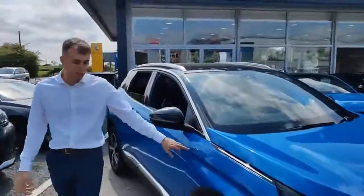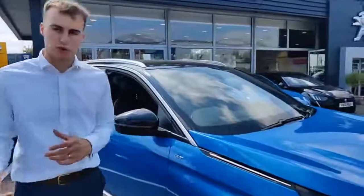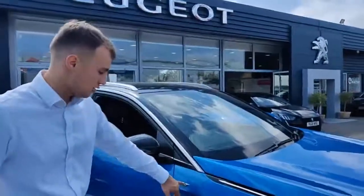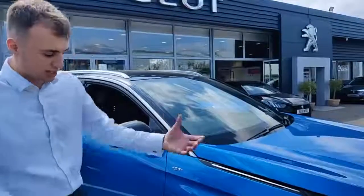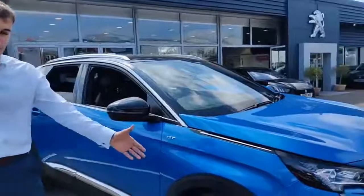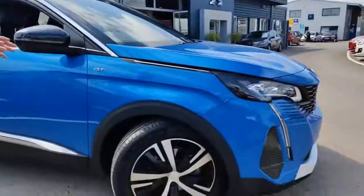Coming around the side, they've changed the specification of it. So where we used to have GT line and GT line premium, we now have GT and GT premium. So this is the GT, which is essentially the GT line from the previous specs. You've got 18-inch diamond cut alloy wheels, which look fantastic and really complement that sort of black and chrome theme